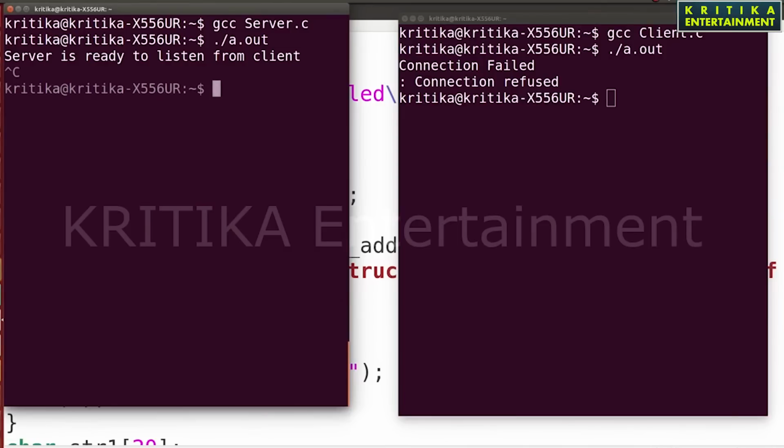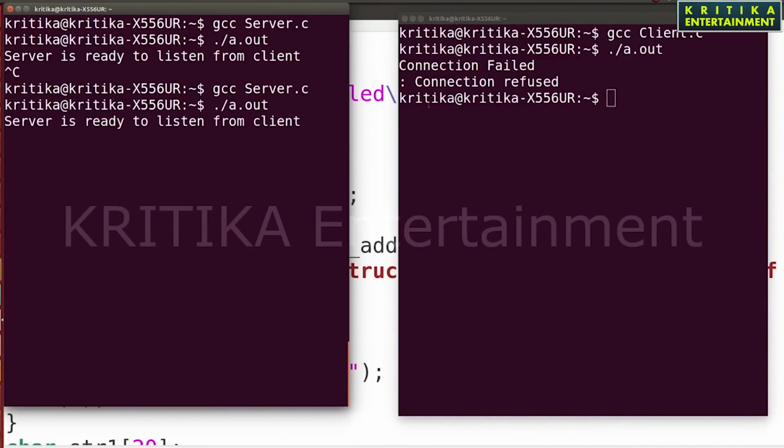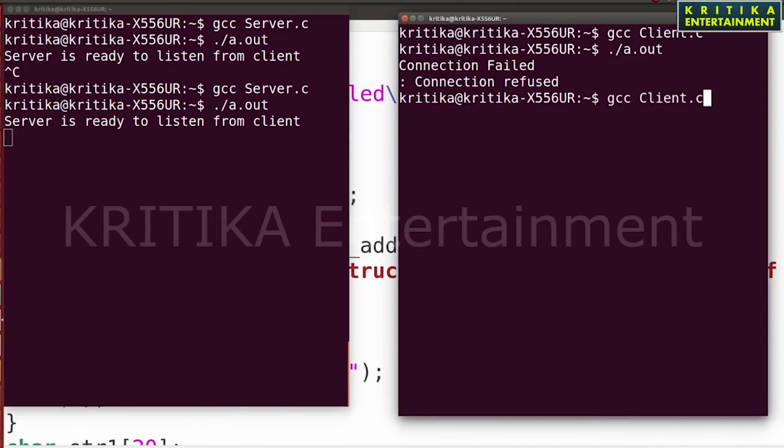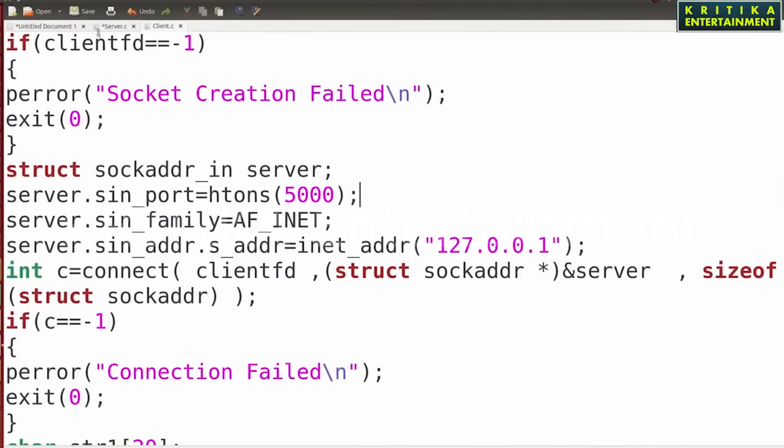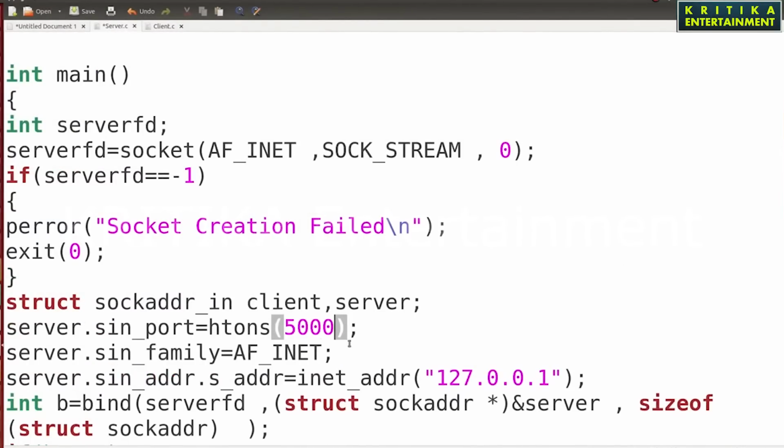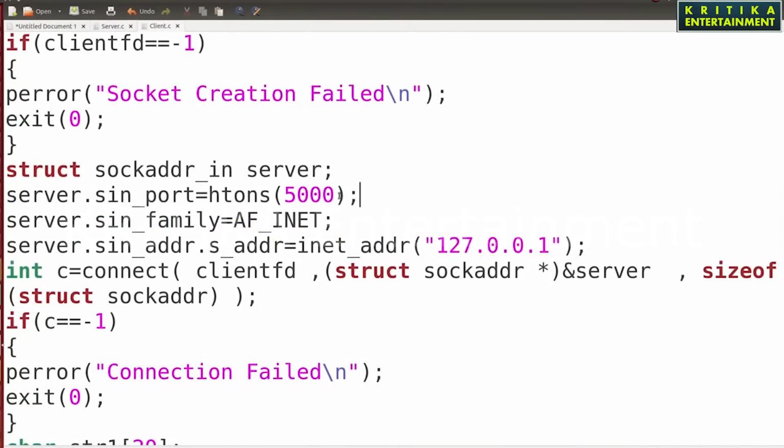So, sorry, first what will we do? Now compile, then run. Then again you need to compile and run this. Okay, I think this is 501. Then in the server side also 501. Then save it. Then in the client also 501, then save it.